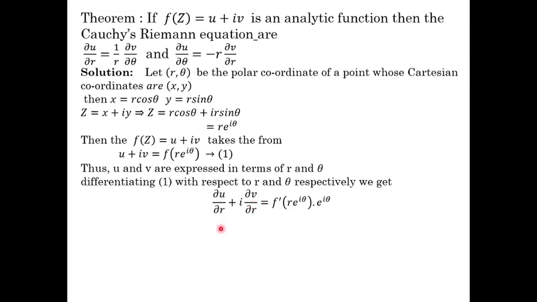Here also we are applying the differentiation partially. First we are applying with respect to r. Differentiation of LHS, that is dou u by dou r plus i into dou v by dou r, is equal to differentiation of f with respect to r, which is f dash, then differentiation of the bracket function's inner term r into e power i theta. Among these two, which is the constant? E power i theta is the constant, write as it is. Differentiation of r is 1.